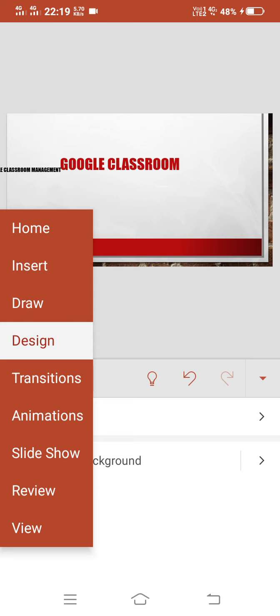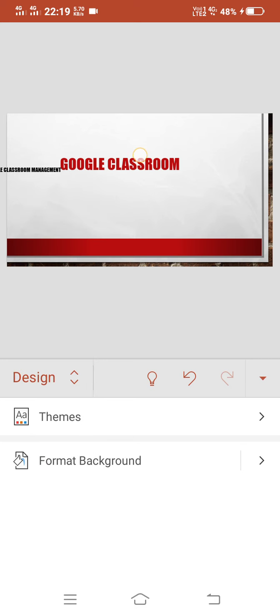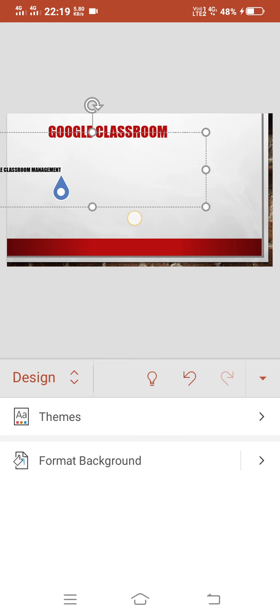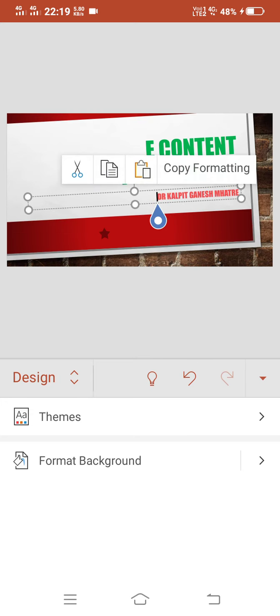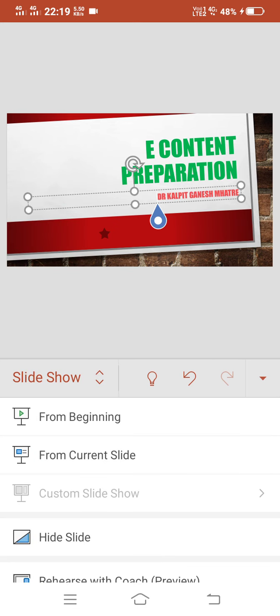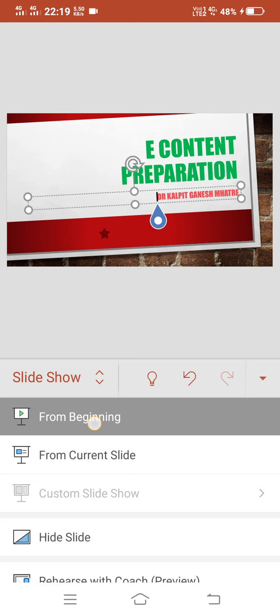Again, if I want to have a slideshow, first of all I will just arrange this properly. Suppose I want to have a slideshow, I can directly click on this slideshow and I will click on from beginning. Now you can see my slideshow is starting in my smartphone.